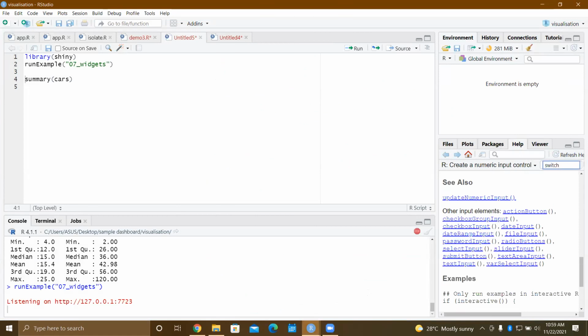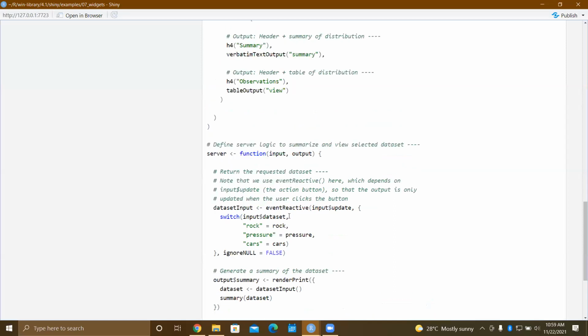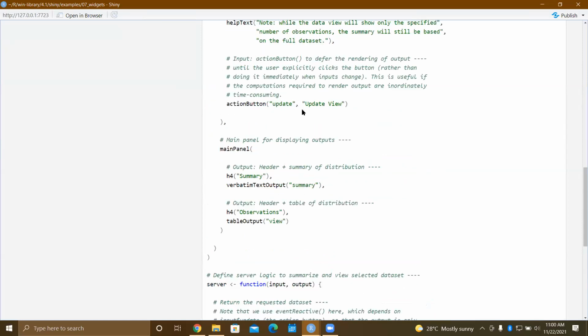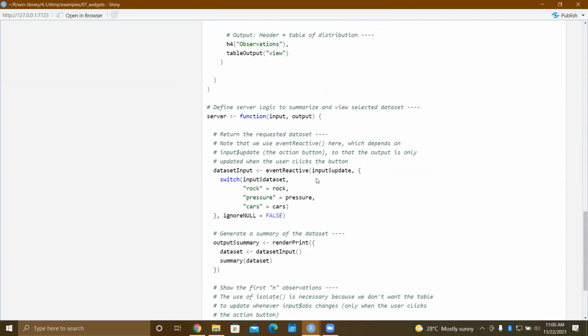Here the choices are rock, pressure, and cars, and the choices are strings. When we need to enter the data set, it switches from the string to the data set. So it basically switches the choice. If you go on writing this code, we will get in that output section 3 options: rock, pressure, and cars.